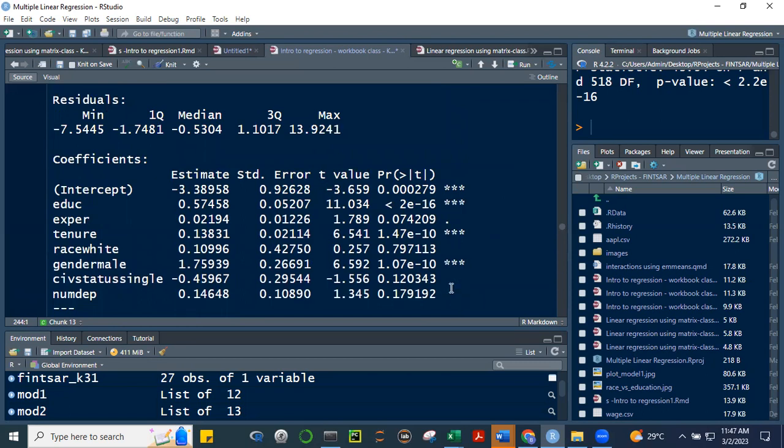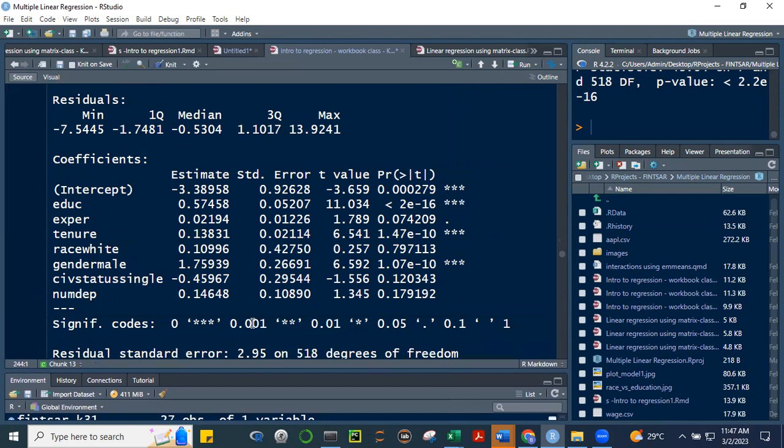And then we have here the individual tests. And we can see here that only four are significant. Okay, these 4 are significant at the 0.001 level of significance. Here, experience, it's not significant at 0.05. However, it's significant at the 10% level of significance. Ito yung dot na to. Tapos 0.1. Okay, because 0.07 is less than 0.1. Pero kasi at the onset, dinidefine na natin level of significance natin. So if the level of significance that we're using is 5%, then rejected to experience.